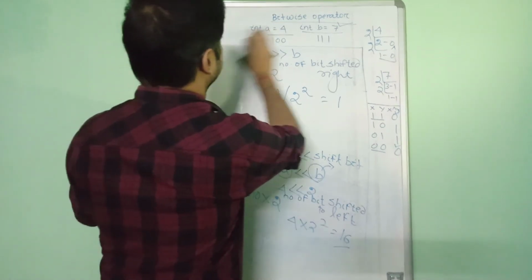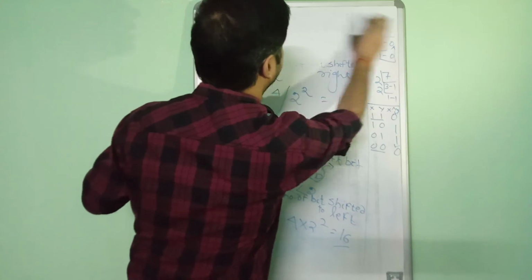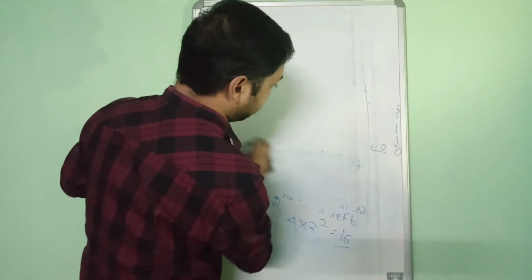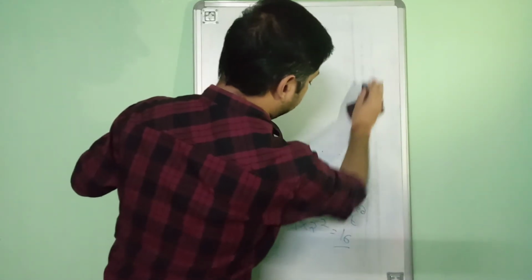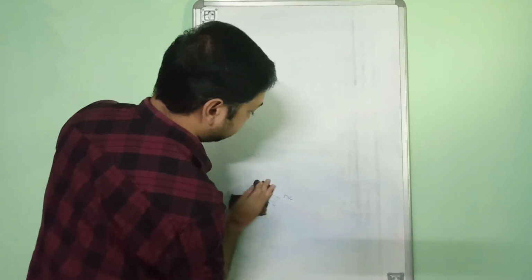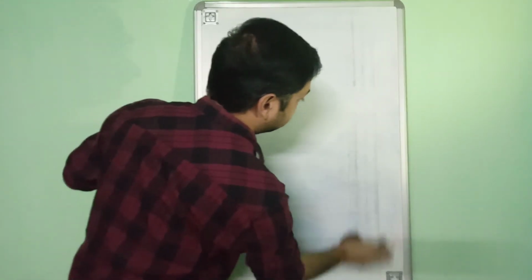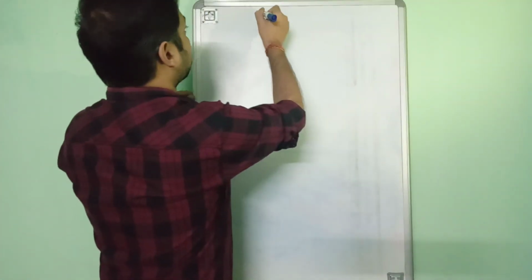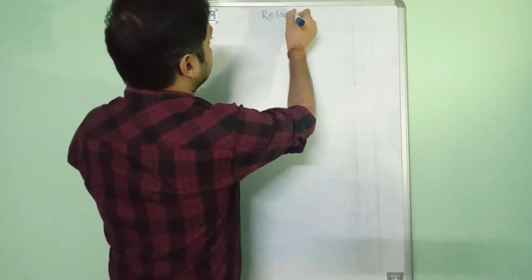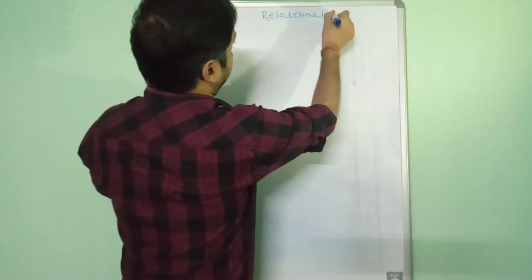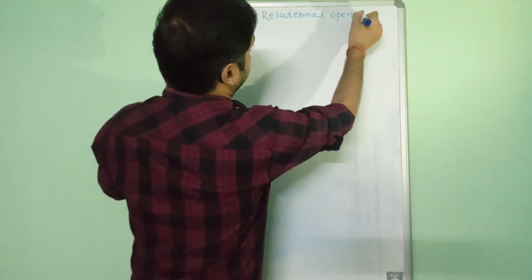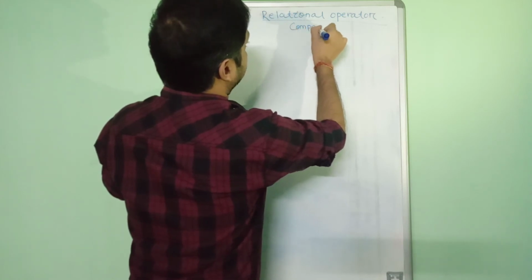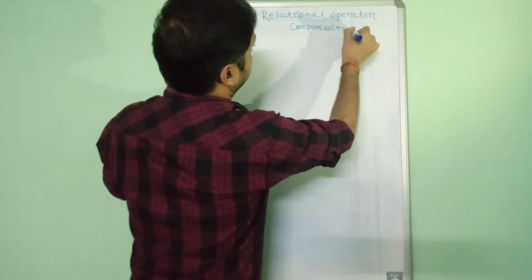We have discussed bitwise AND, bitwise OR, bitwise XOR, okay, then complement operator, then left shift, right shift, all those parts. So now we will come to another part, that is your relational operator. So what is relational operator? Relational operator is otherwise also known as your comparison operator.